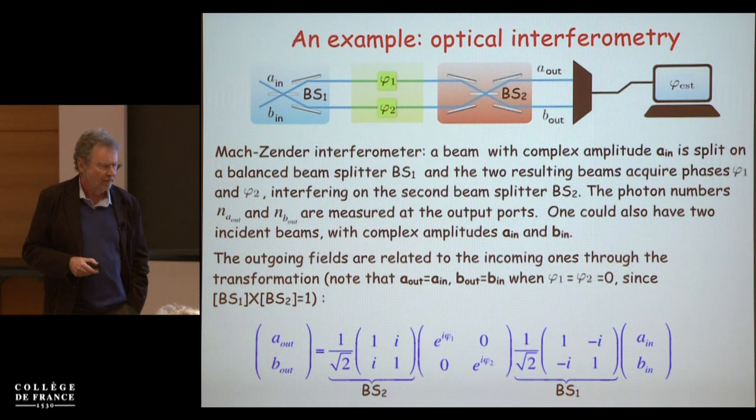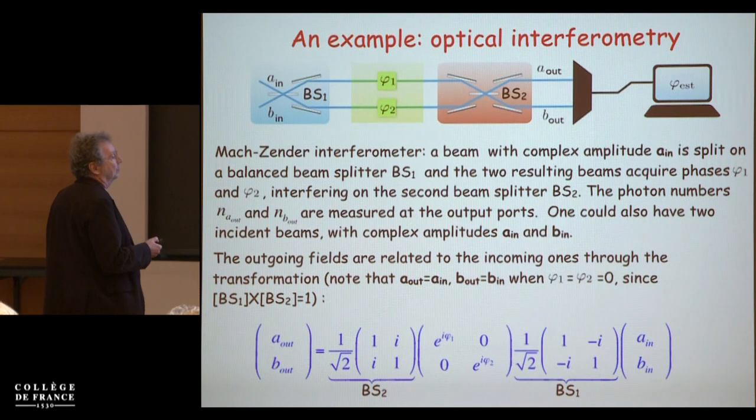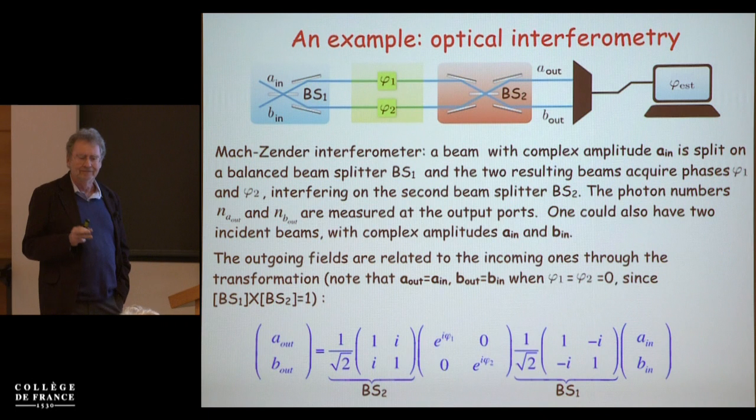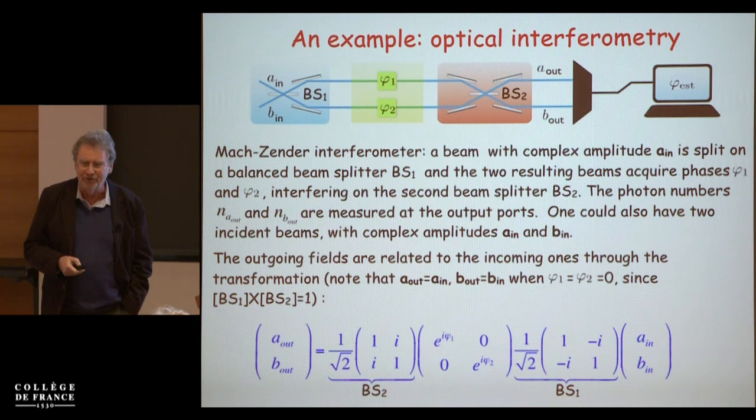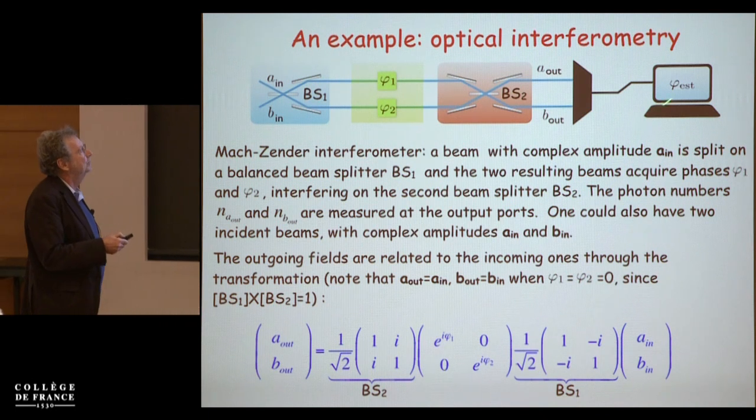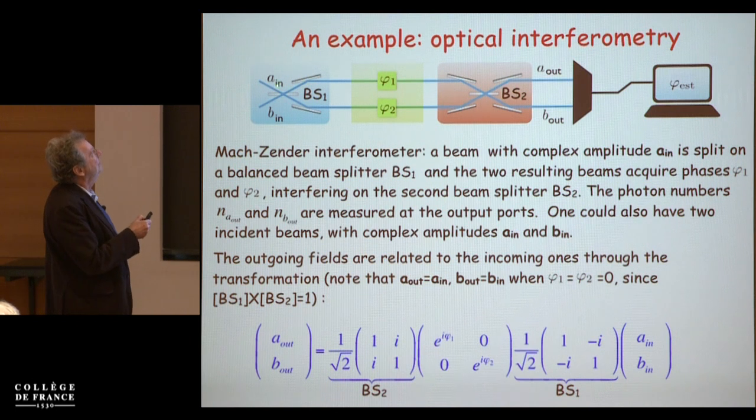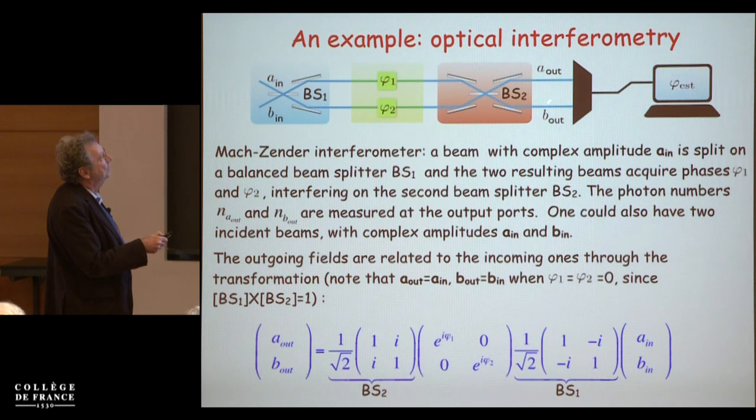Now, let me start with a very simple example. Not so simple, actually, as we are going to see. That's about optical interferometry. So we have this kind of device. We have here a beam splitter. These are mirrors, another beam splitter here, and then we can detect the fields coming out in this path or along this path here. Now, if initially you have some field coming in along this path, that's A in,